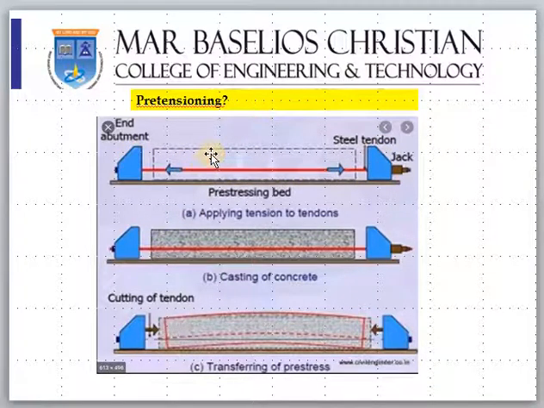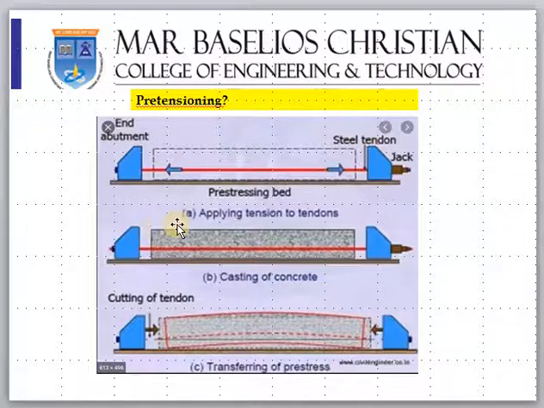Okay, this is the normal arrangement of pre-tensioning, which they do in the factory. We call this arrangement a pre-stressing bed, with two abutments. What we do is, this steel, which I call tendons, they will fix inside the abutments and pull it using the hydraulic jack. So it will extend within the yield point. Okay, then now the steel is fully pulled and fully stretched.